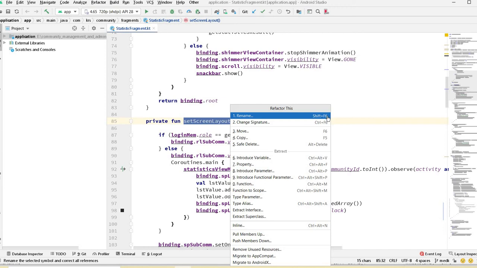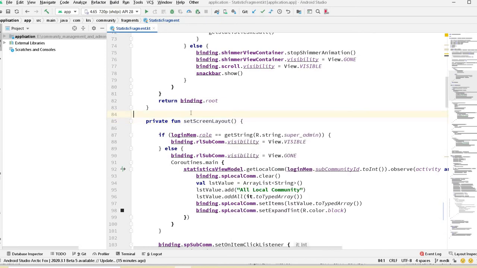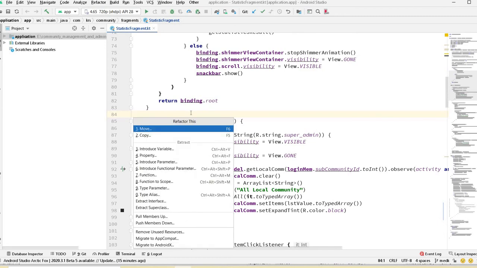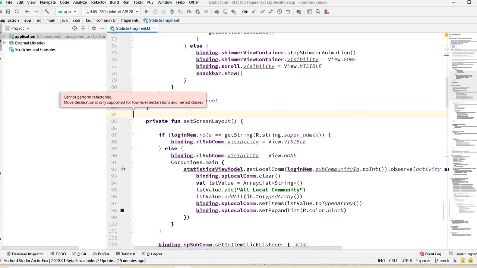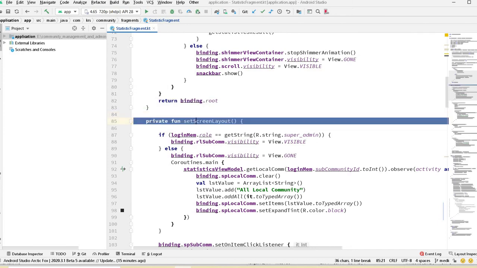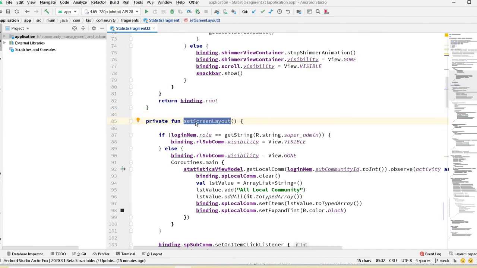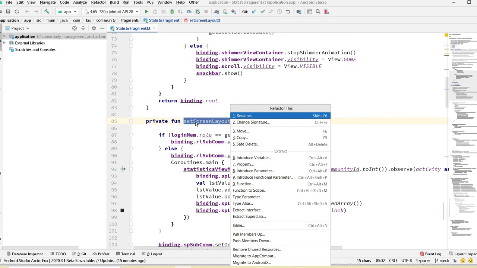It will take much more time, so this is a very handy shortcut. Control Shift Alt T will show the refactoring menu.